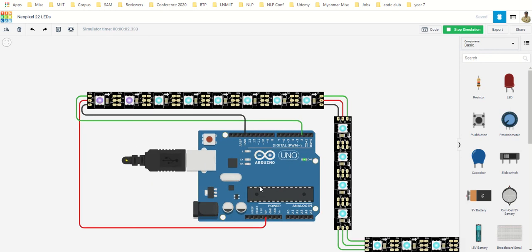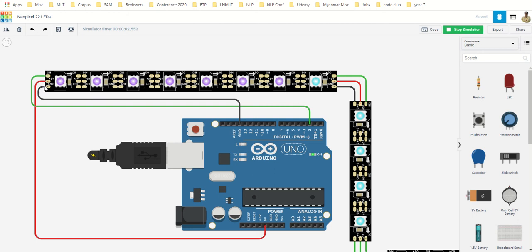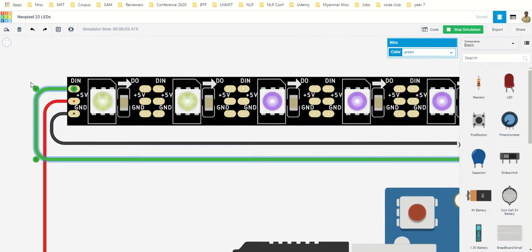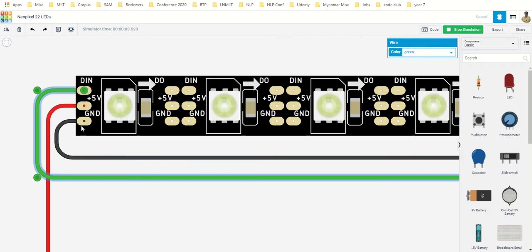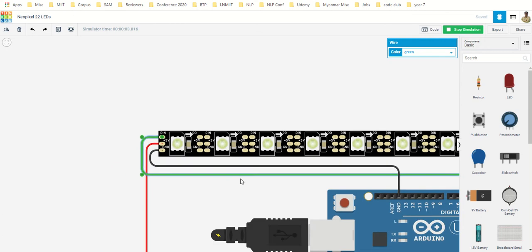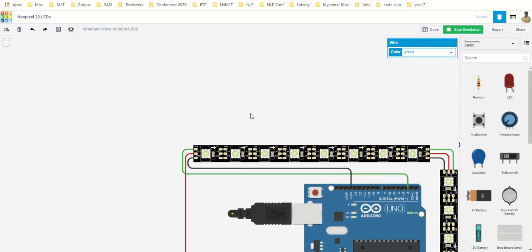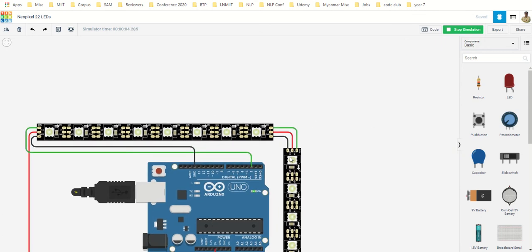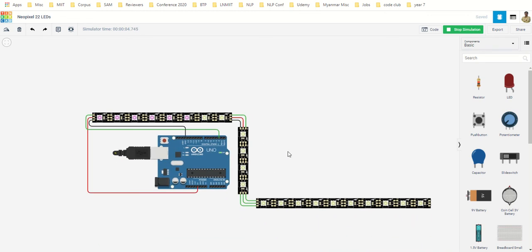If you look at Arduino, we are using only one pin. One is for ground, one is for VCC, and only one pin is controlling the operation. So there are three pins: input, 5 volt, and ground. And if you have a strip of, let us say, 8, you can append another strip and change the program in the appropriate way. So we are going to learn now how we do all these things.